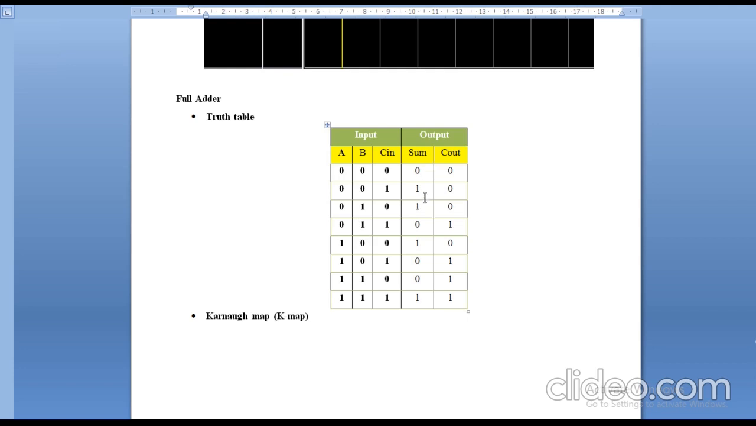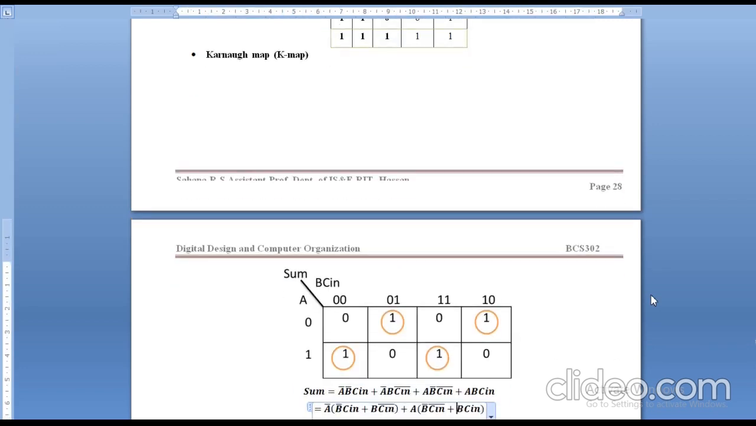Sum is equal to 1 when any one of the inputs is equal to 1 and when all the 3 inputs are equal to 1. The carry is equal to 1 when 2 inputs are equal to 1 and when all the 3 inputs are equal to 1. The equation for full adder